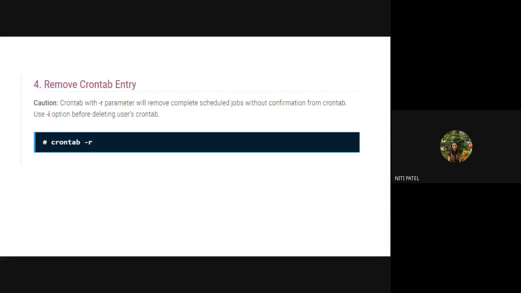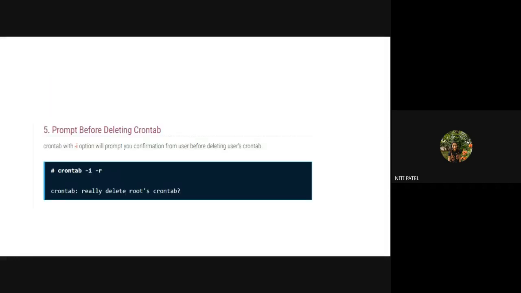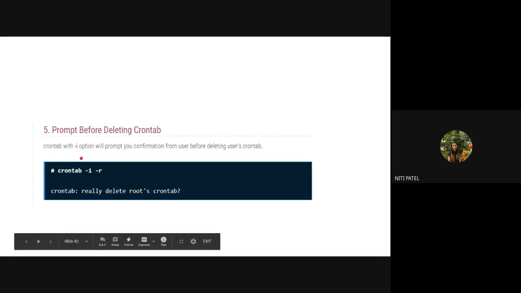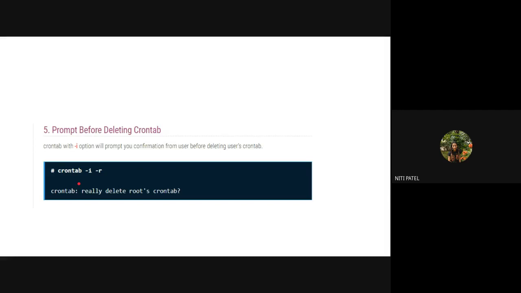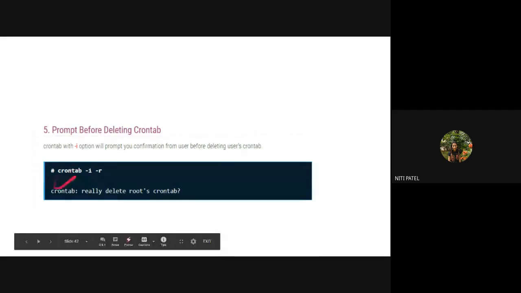So is it understood how to remove the crontab entry? If you want to remove it without permission, use directly -r. But if you want to use it with permission, that is an interactive type, you always have to make use of -i. Okay, and this is not specific to the crontab command. It can be any command. If I make use of make directory, that is mkdir, again, if I use it with -i while removing, it will ask me. So this -i can be used with any of the commands of the Linux operating system if you want something to be asked by the system to the user. So it is not specific to the crontab.